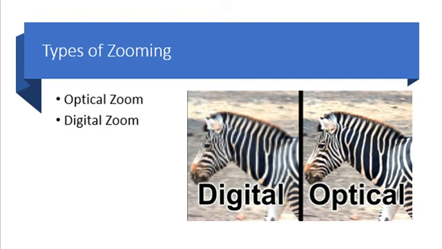So the second one is digital zoom. Digital zoom is basically image processing within a camera. During a digital zoom, the center of an image is magnified and the edges of the picture get cropped out. Due to the magnified center, it looks like the object is closer to you. During a digital zoom, the pixels get expanded, due to which the quality of the image is compromised. The same effect of digital zoom can be seen after the image is taken, through your computer by using image processing software such as Photoshop. So here on the screen are two images. One is digital zooming and the second one is optical zooming.